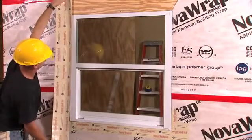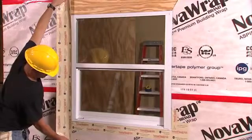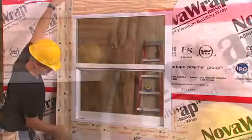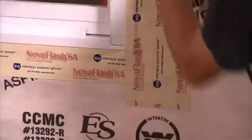Remember the window length plus 2 times the width of the tape. Our window height is 37.5 inches and our tape is 6 inches. Our cuts will need to be made at 49.5 inches. Apply the vertical jamb strips one at a time. Make sure to overlap the window fringe by 1 inch. The strips will exceed the window 6 inches on the top and bottom and should completely overlap the horizontal strips